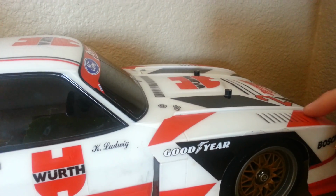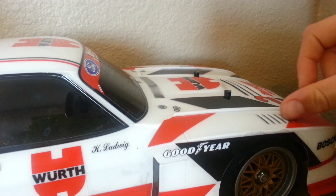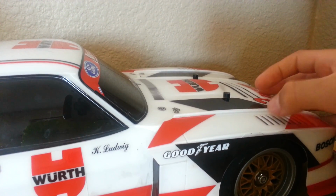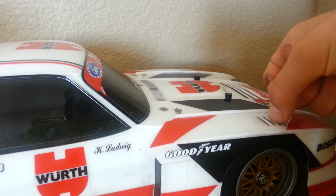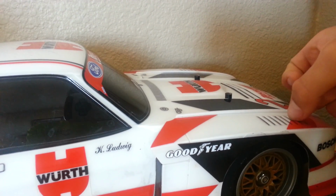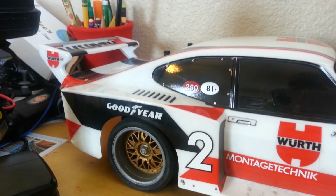Kind of a mouthful, but worth saying. This car has a lot of fine lines, crevices, and intricate details in the body, such as, I don't know if the camera picks it up, but each one of these little grooves has depth. Kind of cool. And it has a 3-piece body once you get it out of the